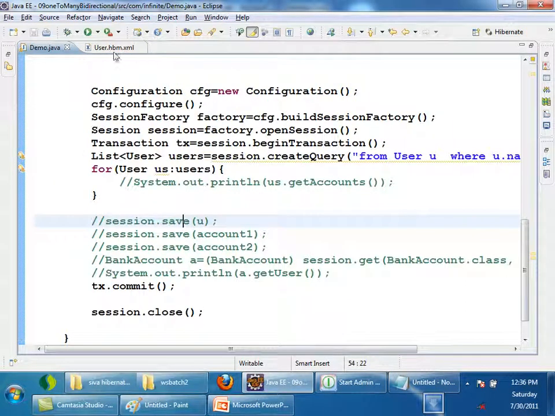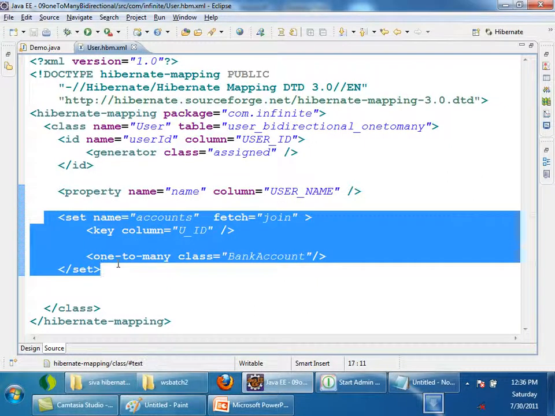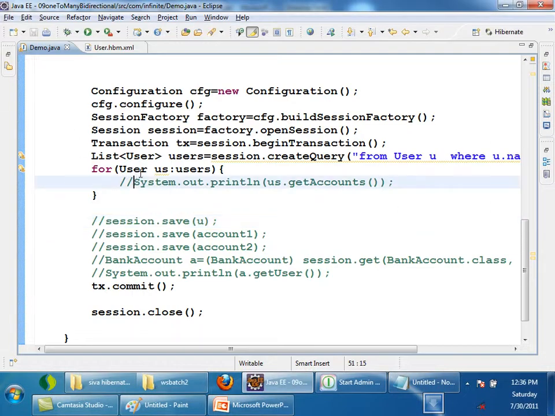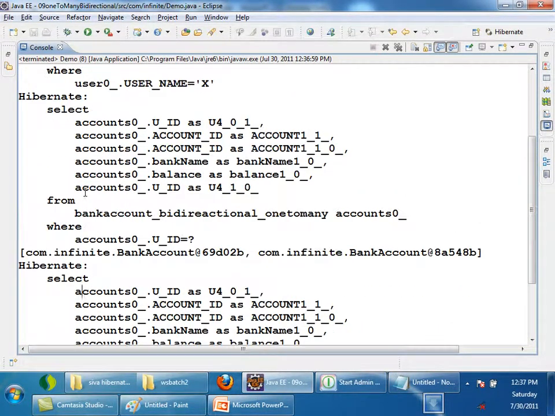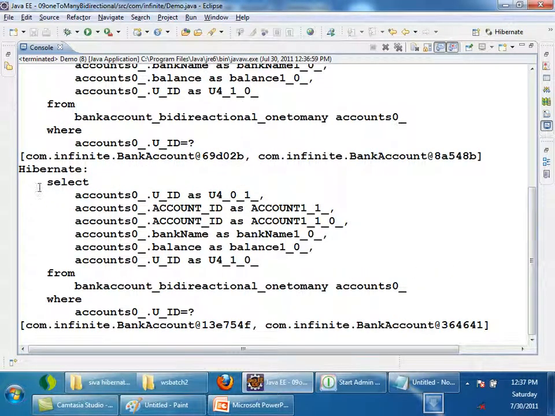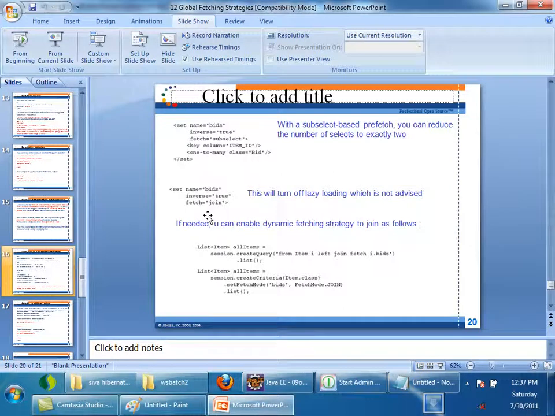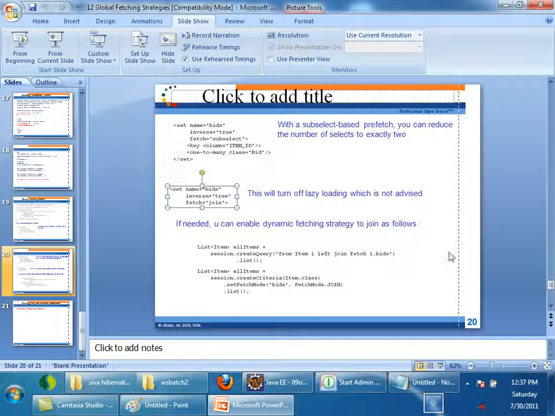Okay, fetch equals to join should actually fire a join query. What is firing? A separate query. So it is acting just like the select query. One query for user and one query for the backup. Here I said don't use this fetch equals to join because it cannot load. I need to check with it.